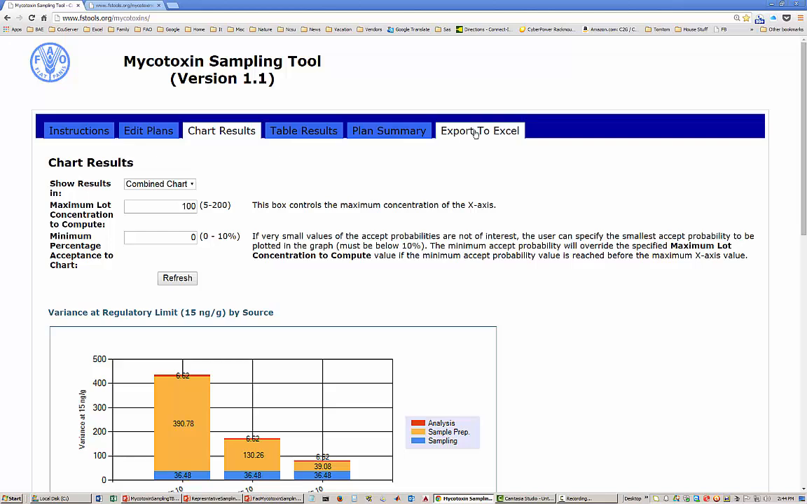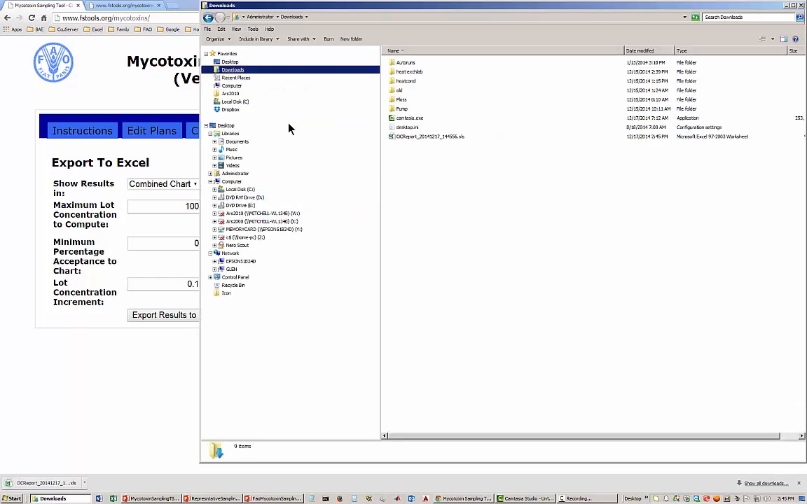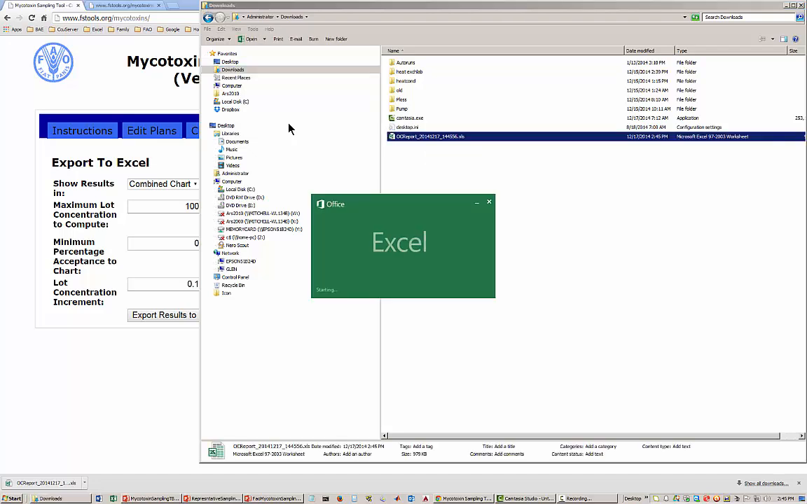Now, the final tab, Export to Excel. I'm going to do one. Okay, I want to look at increments of 0.1 in my data. And I want to go up to 100. And I'm going to say Export Results to Excel. So I got the export, and I can go over here to my downloads. And there it is, OC Report 2014, December 17, and this is just a random number assigned to this file. But if we open it up, and Excel comes up,